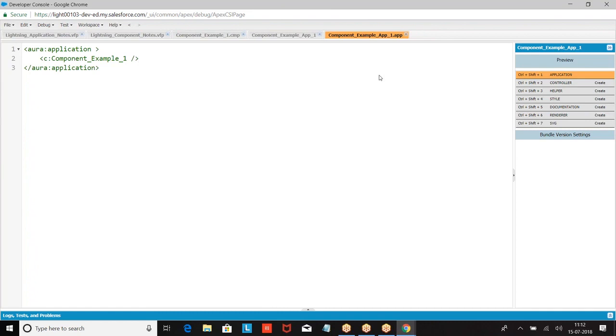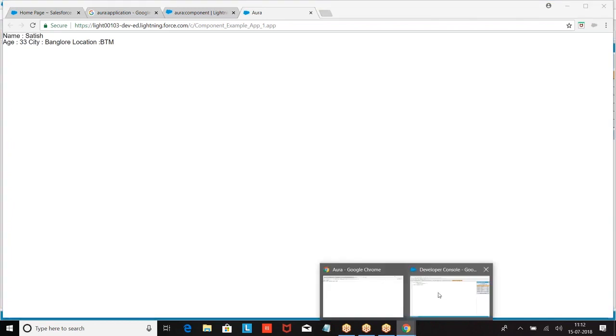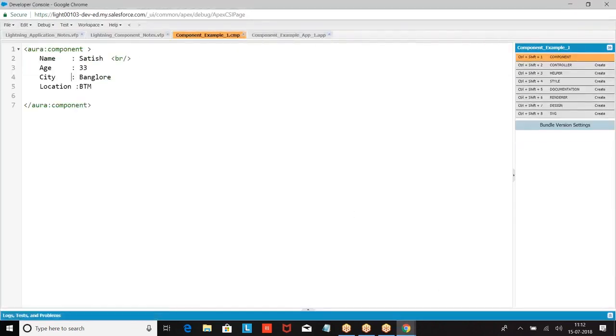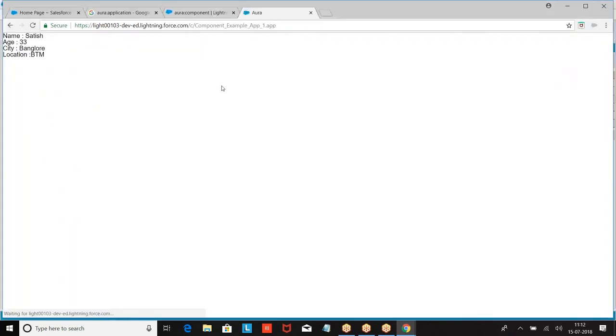C colon component example 1. Have a preview. This is of everything. So if you want them in a different line, go to the component. This is how we got the component.